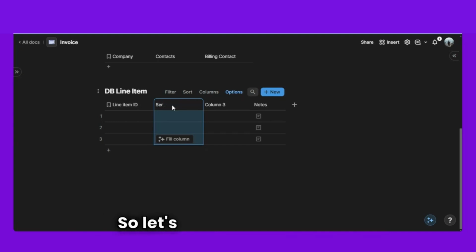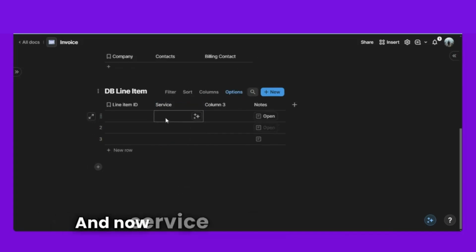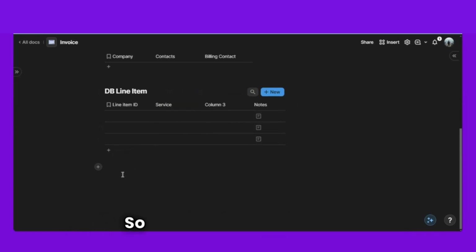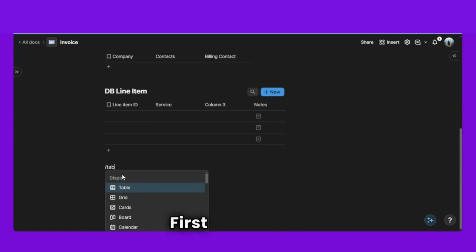So let's use another column, service, and now services have different costs. So let's create a new table first,